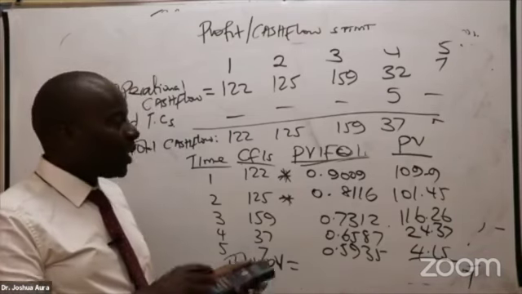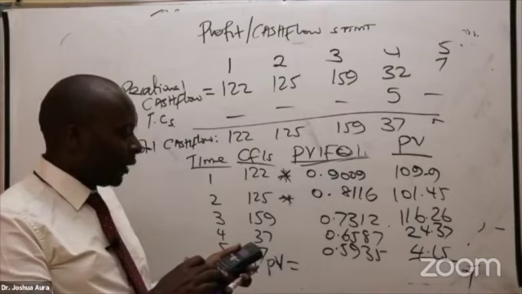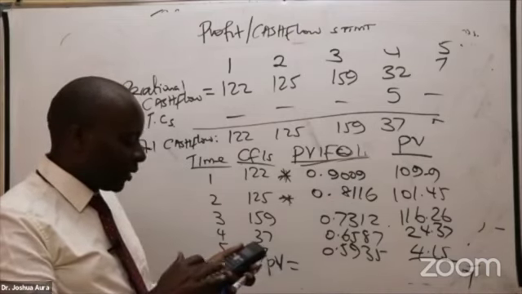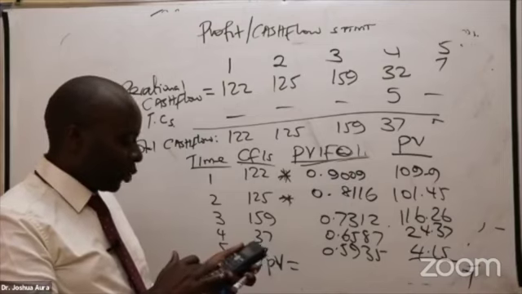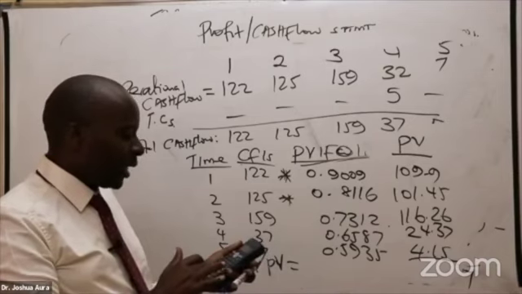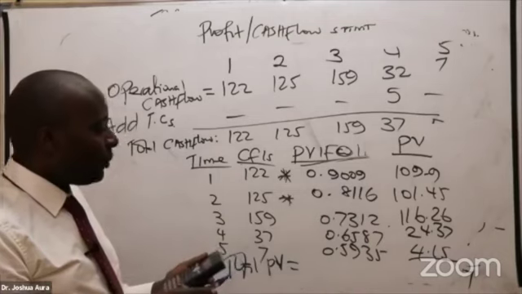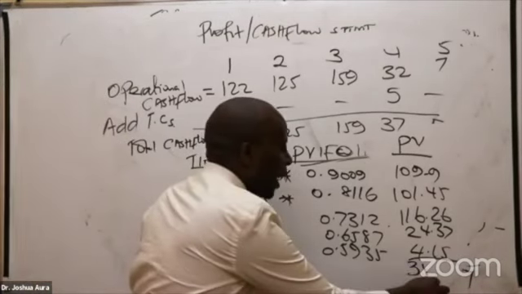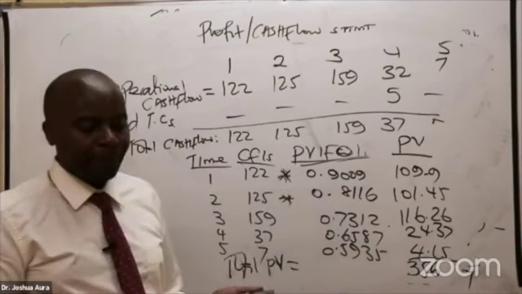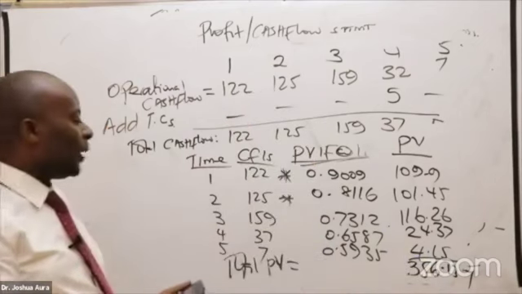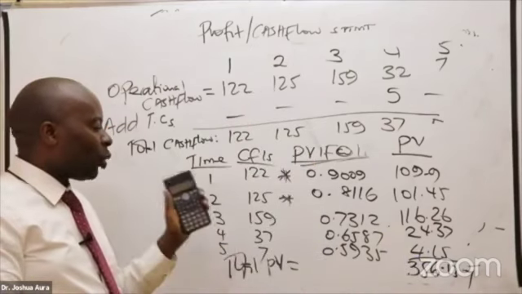So the total present value down there, what do we have? Plus 4.15 plus 116.26 plus 101.45 plus 109.9. Is there somebody who is able to get 356 total present value? 356.13. Now, what do you think shall I do to be able to convert this total present